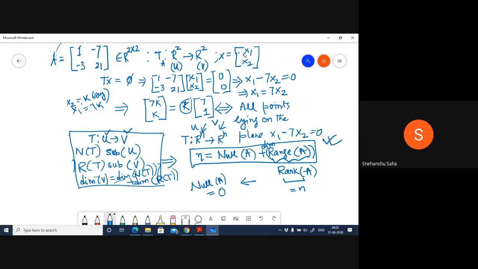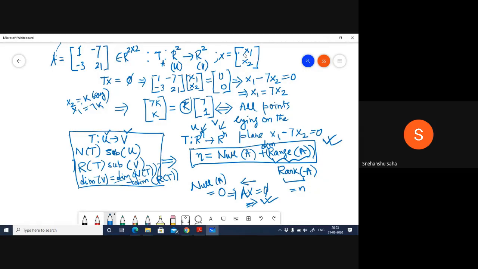Your null space does not contain anything other than the 0 vector, which means that if you look at a system of homogeneous equations like this, the only solution you are going to get is the 0 solution, the trivial solution. So this fundamental theorem of linear algebra, by exploiting the concepts of null space and range,